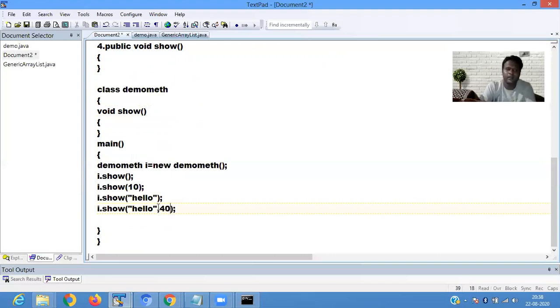Okay, this is the way of defining a function and calling the function in the main method. For calling a function, you need to create an object of the class. This is how you define a method and the syntax of your method.